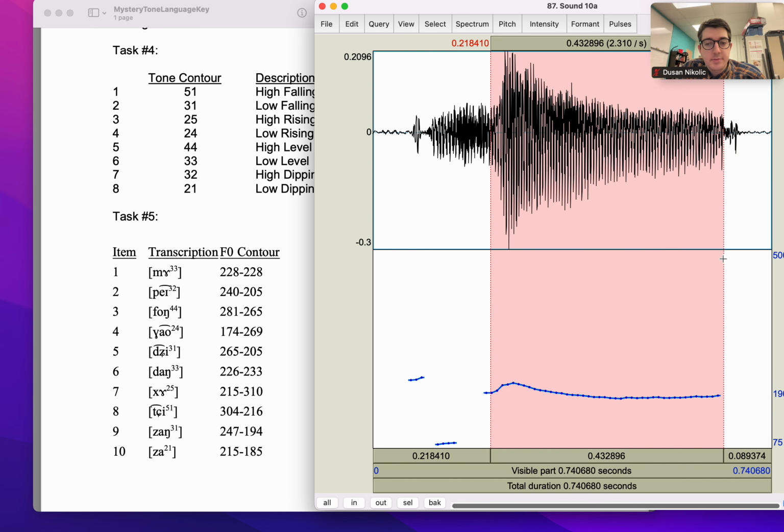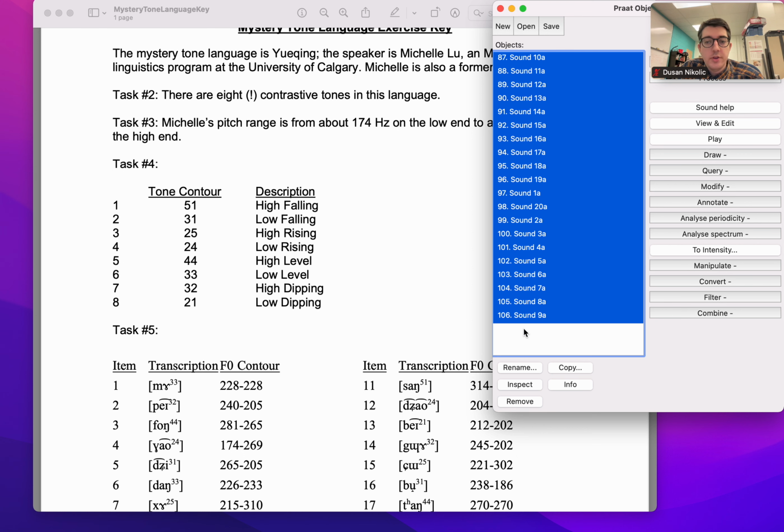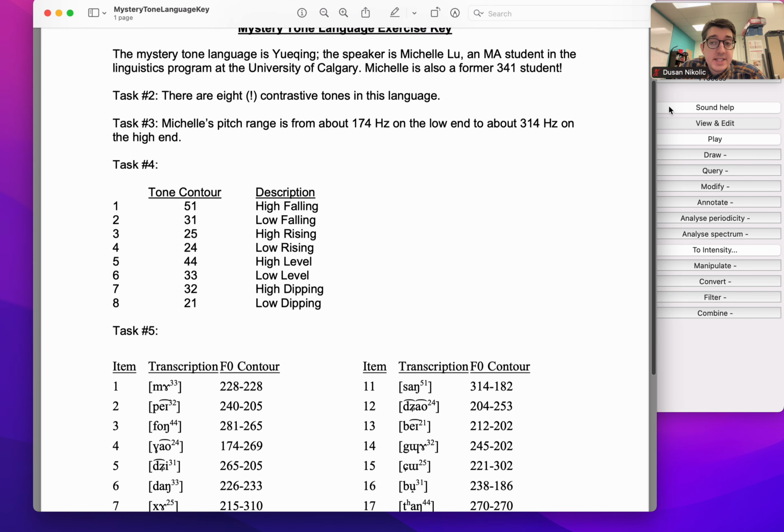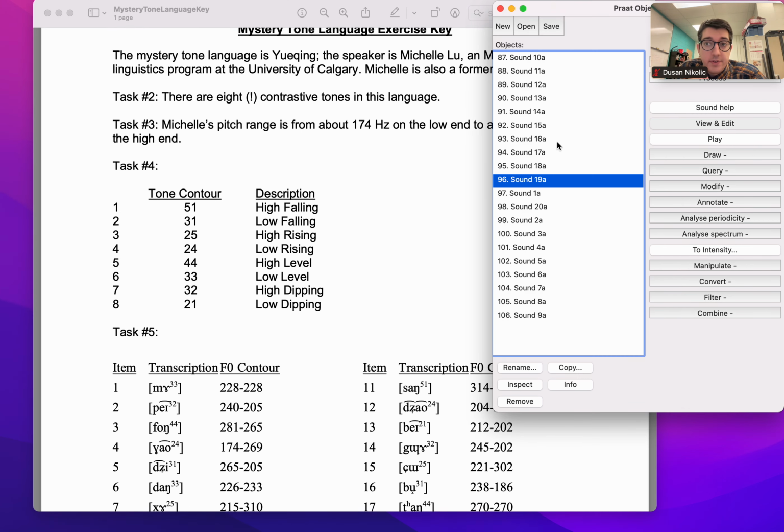So when you have seen all of these, you should just have taken the minimum value out of all of these, and that was 174 or around that value. And you should have taken the maximum value, and that was around 314-15 hertz. That was the speaker's range, and based on that range you should have divided it into 5 areas, and when you have done that, you were set to discover the patterns, right?